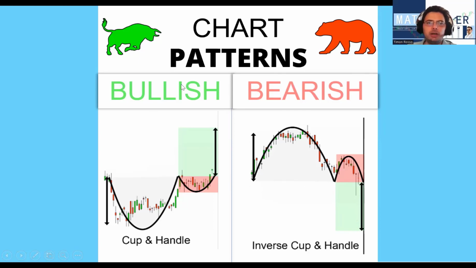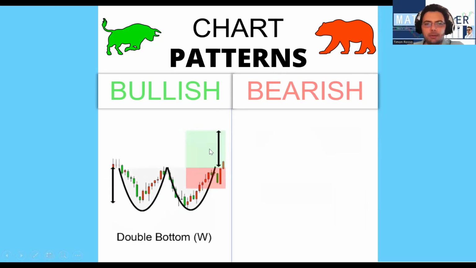Okay, so bullish formation of a cup and handle formation, you're waiting for the cup and the handle to form, break out, and then you follow in the direction of the trend. And the inverse cup and handle is you wait for a rounding top, which is the cup, and a small rounding top, which is the handle, break below, and then you're going to follow the direction down.